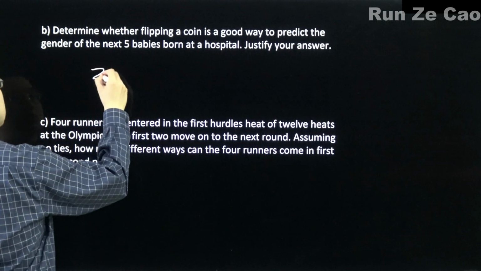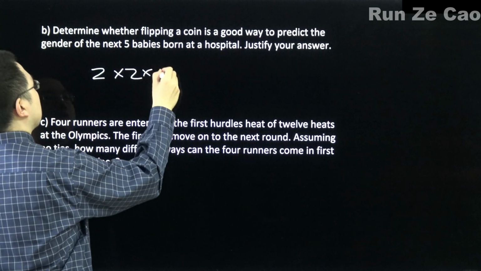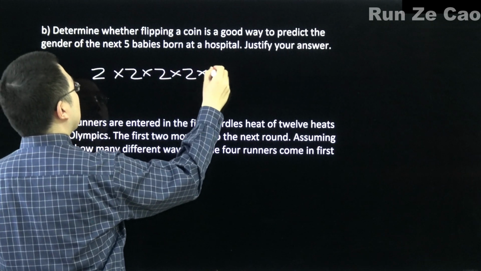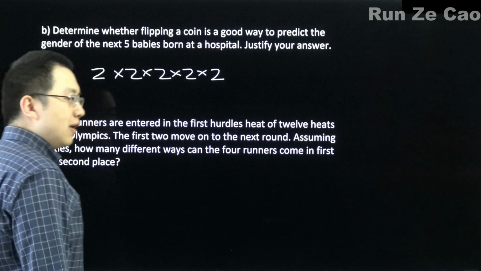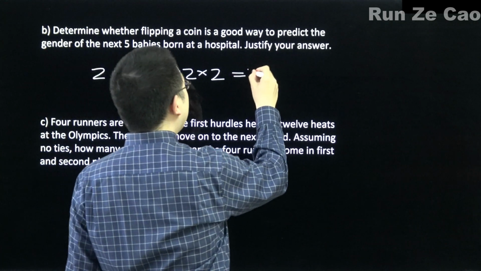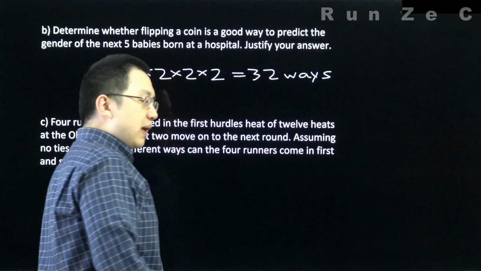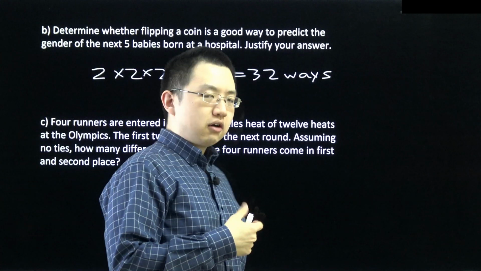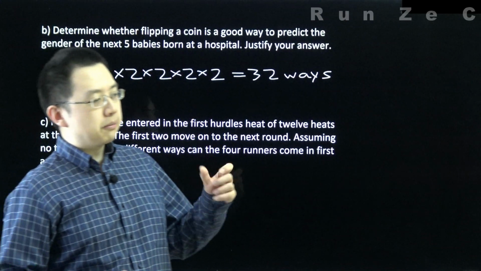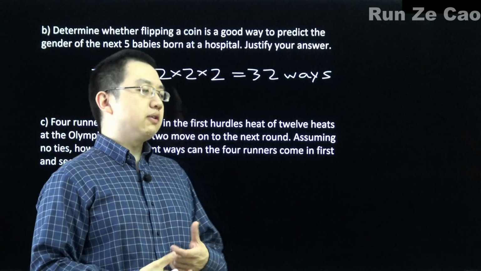Oh, that's 2 times 2 times 2 times 2 times 2, or 2 to the 5th power, equals 32 ways. So if you flip your coin for a certain arrangement of heads and tails, one of them representing males and the other one representing females,